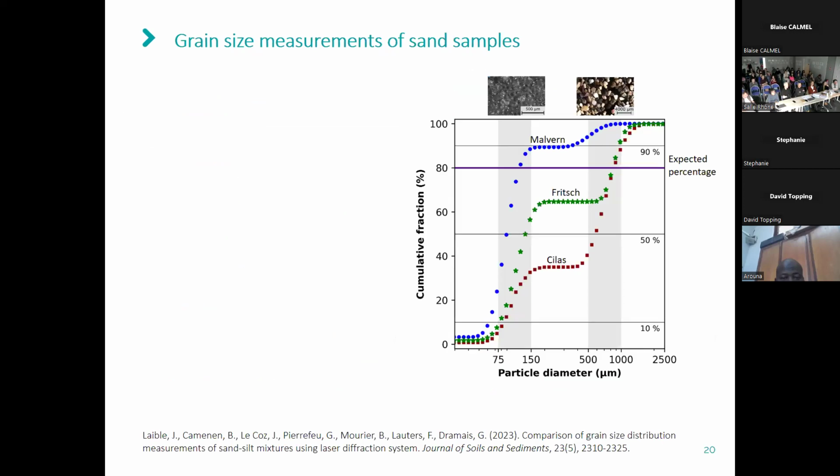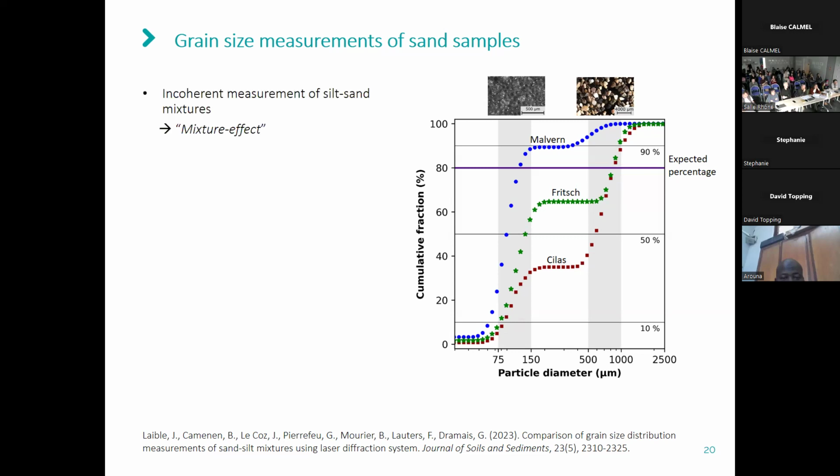When talking about grain size, I'm particularly interested in obtaining accurate and precise information on the grain size measurement. Here, I just want to show you an example of this article where I tested 3 different laser diffraction instruments to measure the expected percentage of a bimodal mixture. You can see there are important divergences between these 3 instruments and also compared to this expected percentage